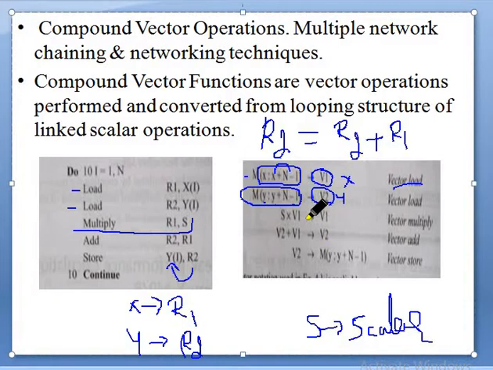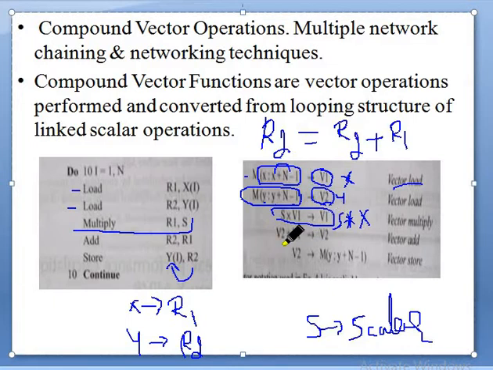Now vector 1 should be multiplied with a scalar to get an enhanced vector. Scalar times v1, where v1 is x. So we perform the scalar multiplied with the first vector, x, and store the result in v1.